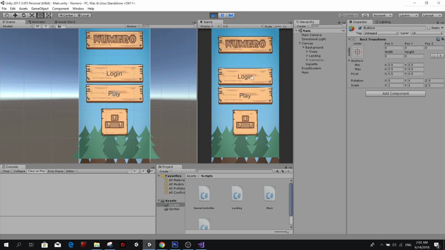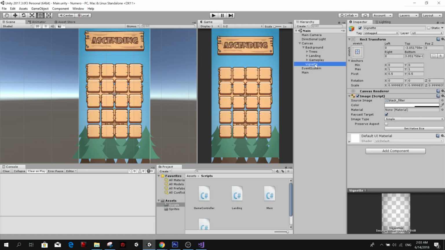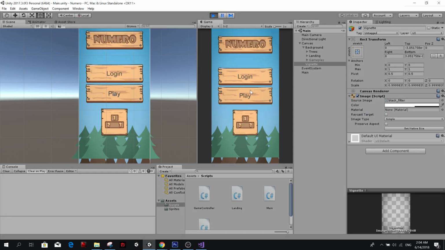And if I press play, can I press play? I can't press play. Raycast target. This vignette is an image over the whole background, the whole everything. So it was blocking the raycast. That's why I couldn't press the button.